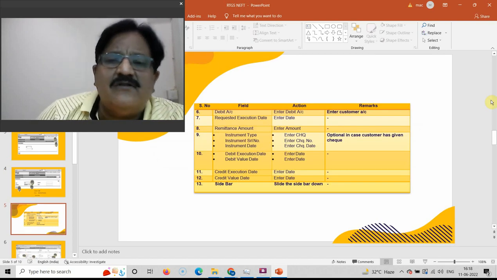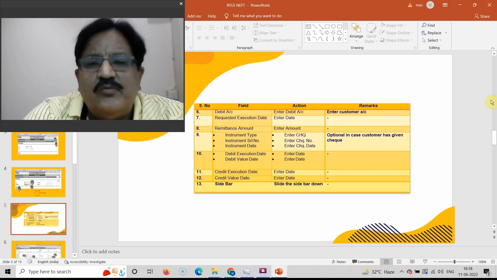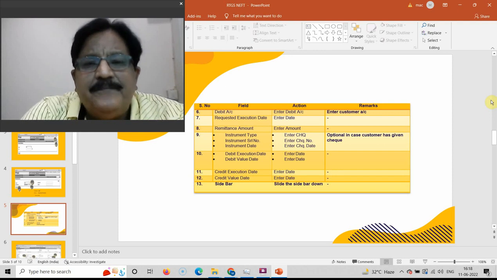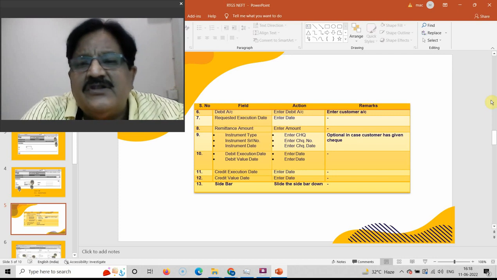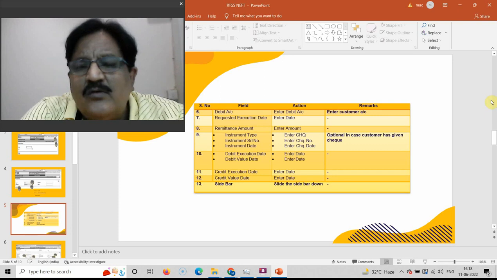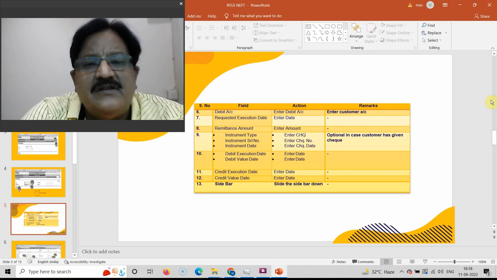Generally it consists of the dates and the details of the check instrument given by the customer. So requested execution date, Control X would be today's date. Then instrument type, check, instrument number, check number, date of the check, right? These are to be entered. Debit execution date, when the account is to be debited. Debit value date in case you want to be validated, and 3 days validation is allowed in this